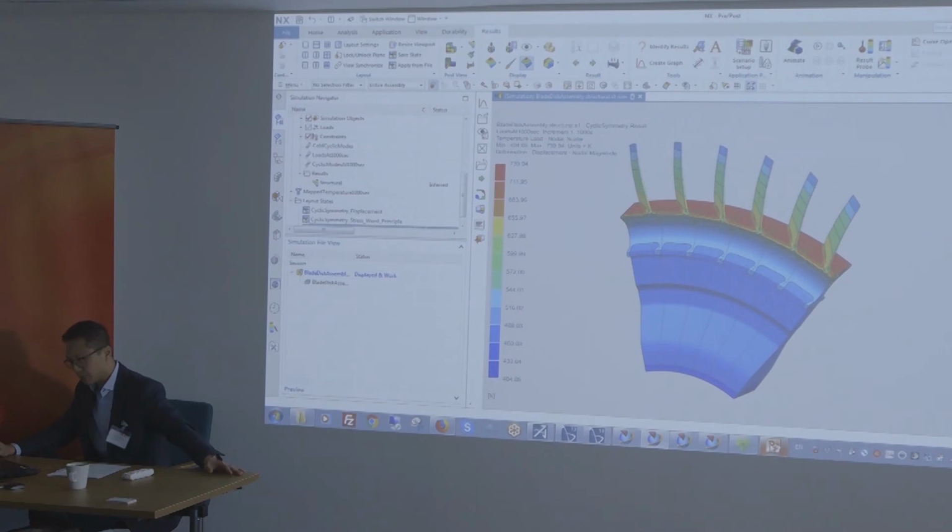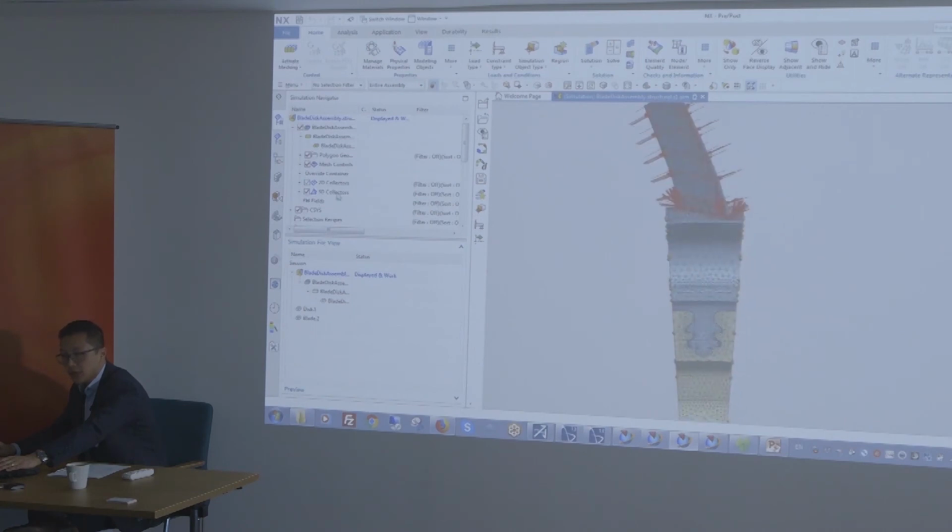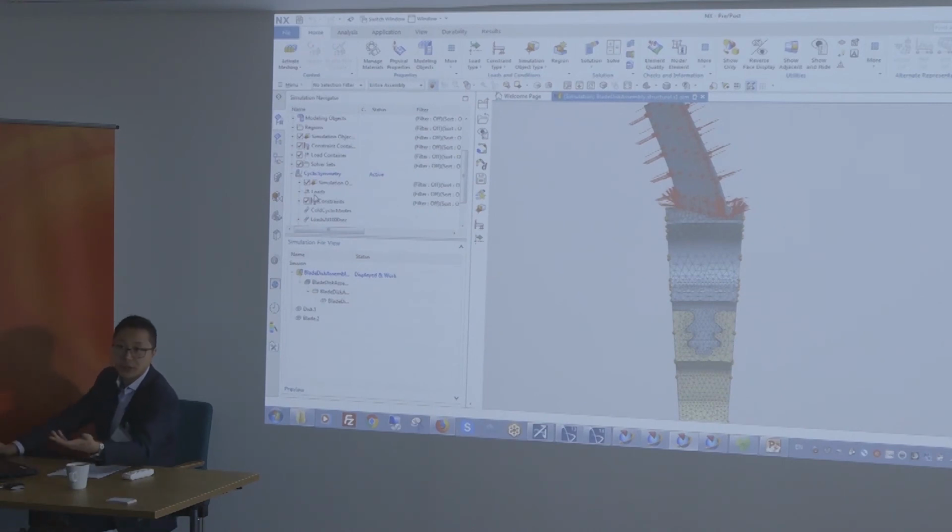All right. How about design change? This is something we've been building up to. We have our simulation model with all the different boundary conditions that are tied to the geometry. We have the elements that are tied to geometry.